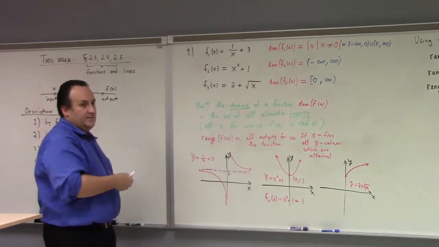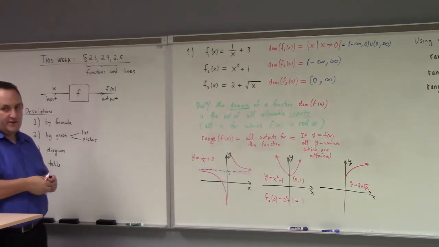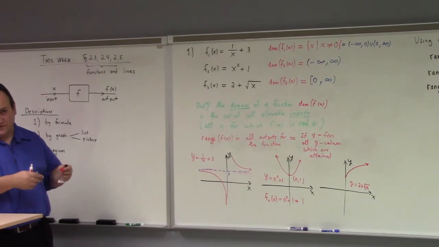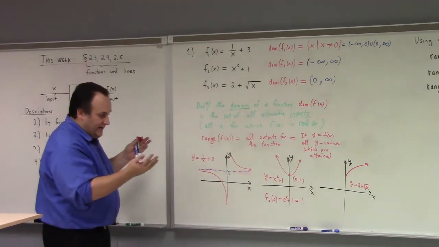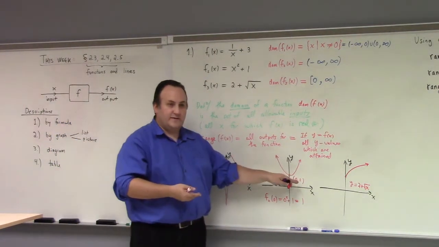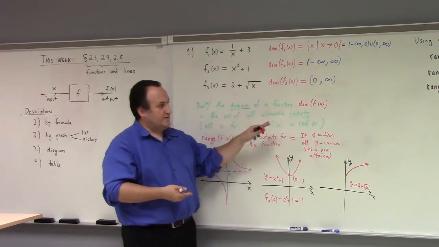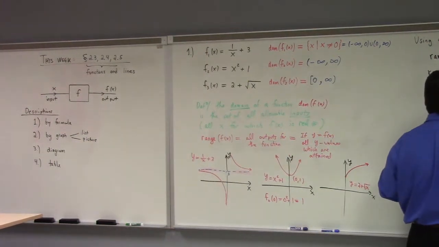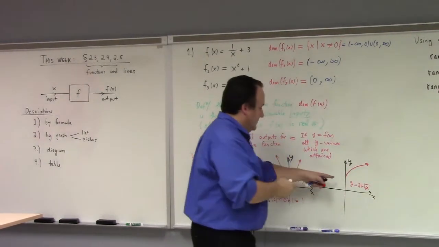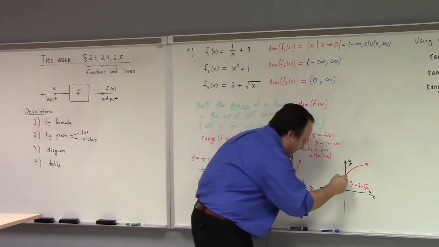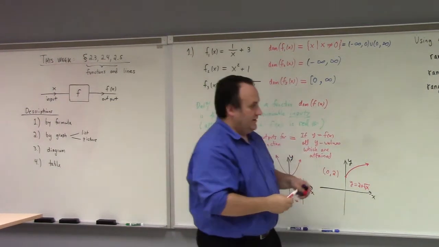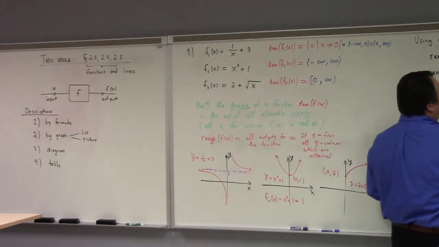And that value is at what we call the vertex of the parabola, right? More on that after test 1. All right, that's test 2 material. But anyway, that's the smallest it can ever be, right? And it just goes up from there. So what's the range? The range is 1 to infinity, right? And how about this guy? Range is starting here, this point right here is actually (0, 2), yeah? And so it goes from 2 to infinity.